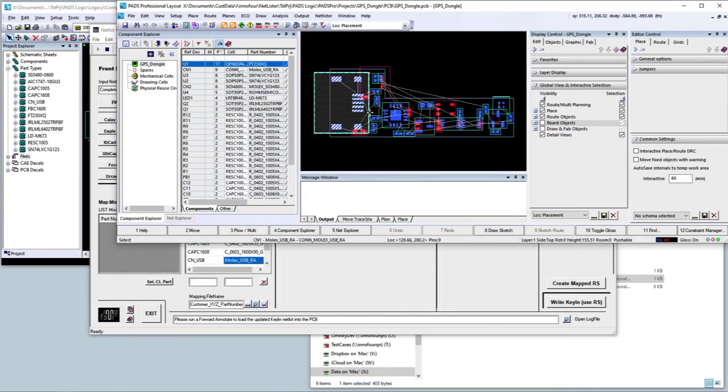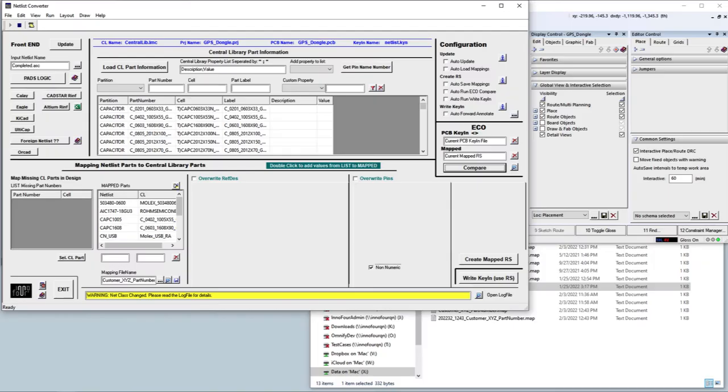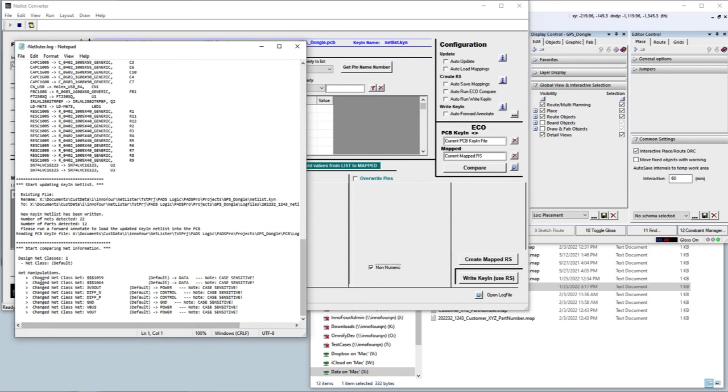So when we are done placing our initial placement, we can focus further on the Netlist Converter. We can perform a compare between our loaded netlist and the content from the PCB. Notice that we've got a warning called net class change, and we need to read the log file for more details. So looking at the log file with more details, we see that we need to define several classes and